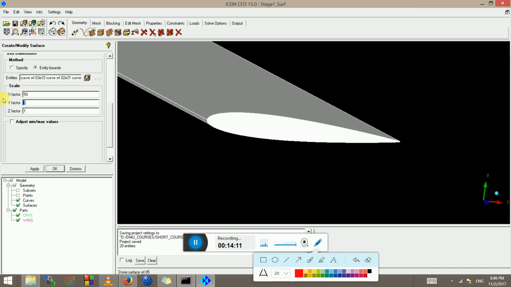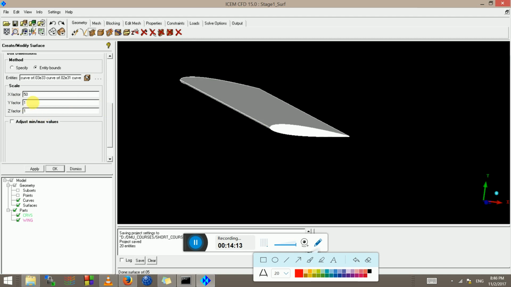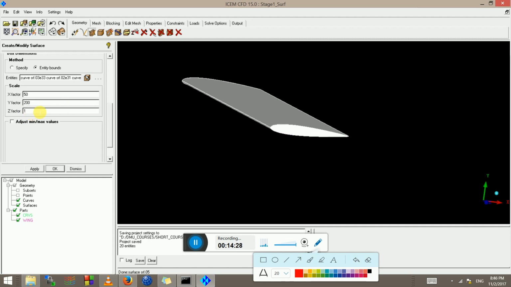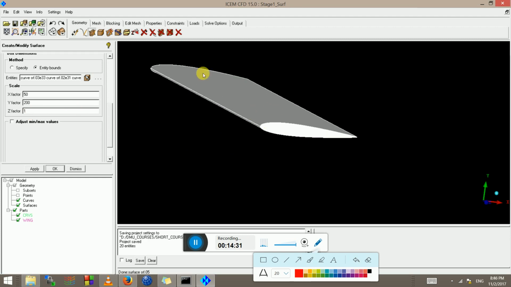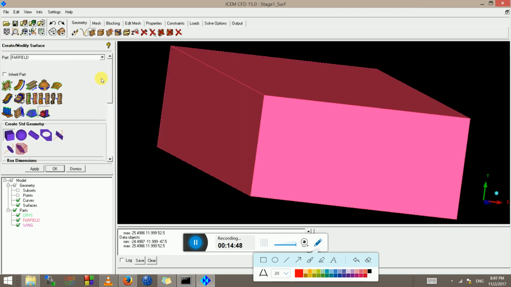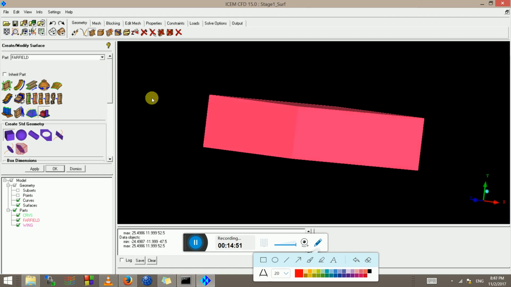If I say 20 times, it's going to be a very small box, so I am going to say at least 200 times, because about 6-7 times this thickness is the chord length. So in y direction I want it to be 200 times, and in z direction, because z direction is longer, is 5, so I want it to be only 20 times. And then I click apply. Oh, before that I'm just going to give it a new name, maybe far field for now. Click apply, and then zoom to fit, and I have something like this,